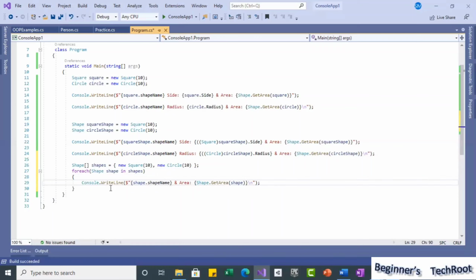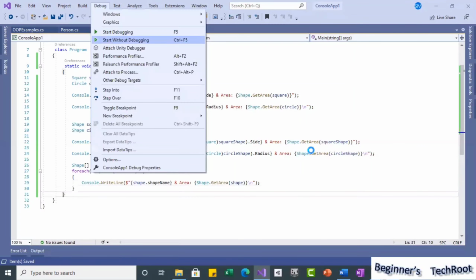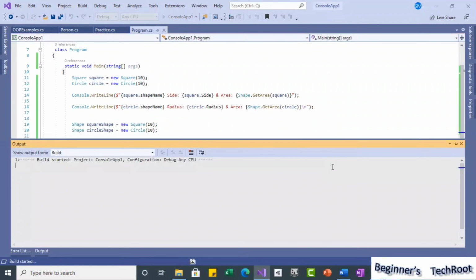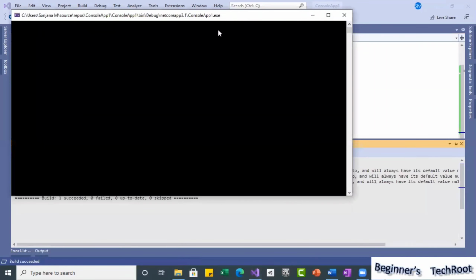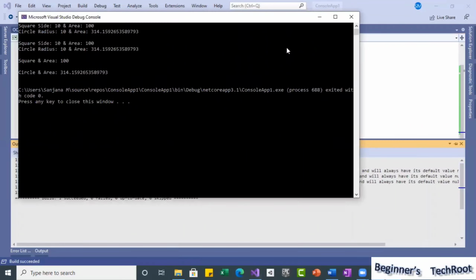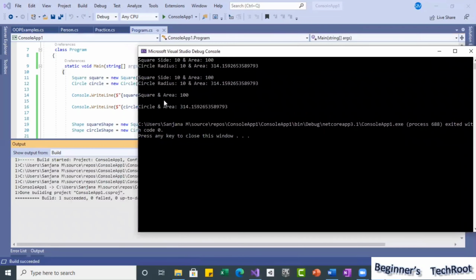That's all I am writing: shape name and area in a foreach loop. Now if you observe the result, you will get the same again. So you can create arrays also. Automatically the polymorphism works: square area 100, circle area 314. Same we got. We didn't display side and radius.